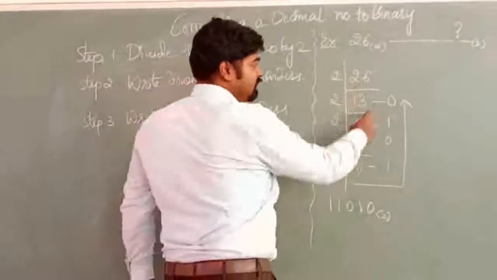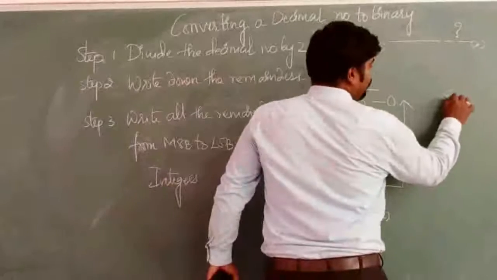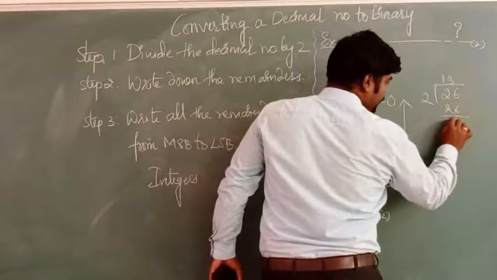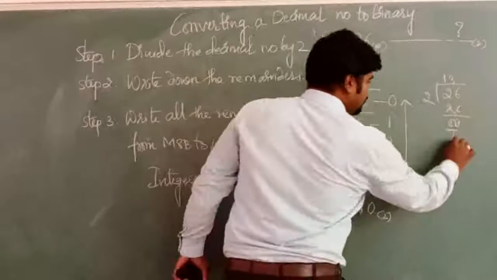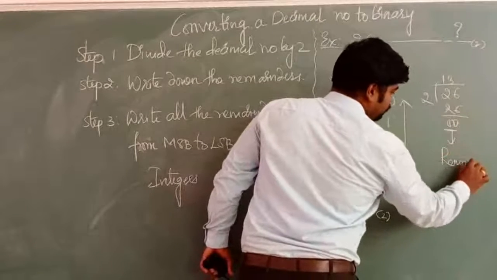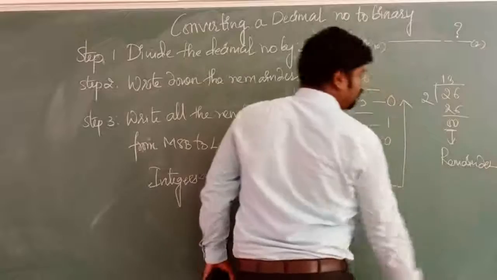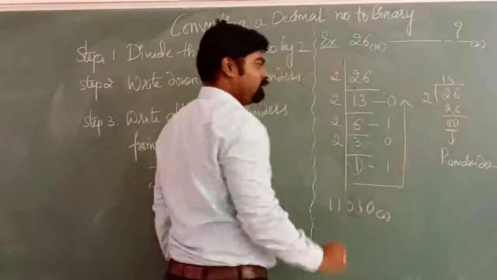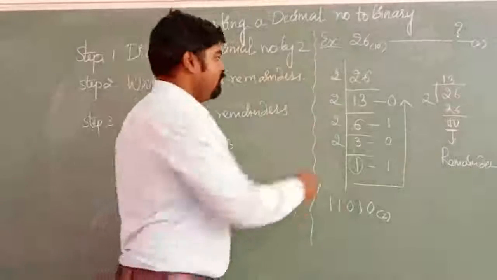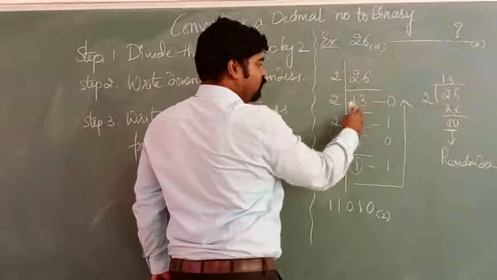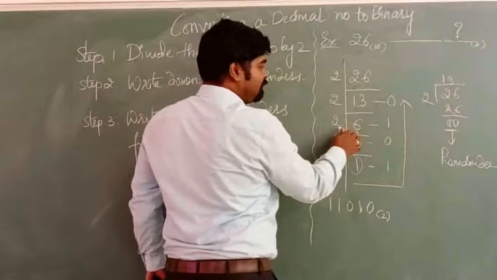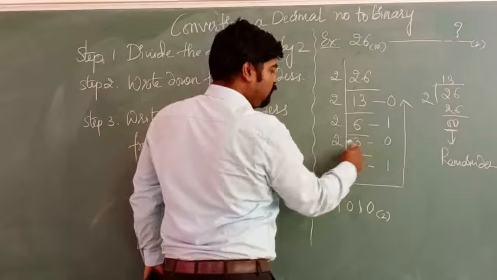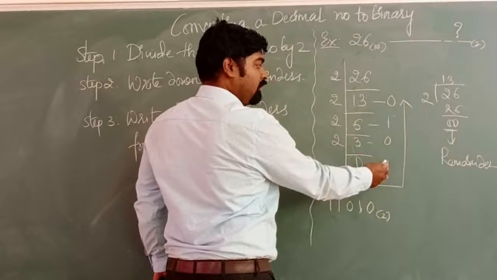Now why have we written 0 here? See, when you divide 26 by 2, 2 13s are 26. What is the remainder you have? This is your remainder, so the remainder is 0. This is your dividend, divisor, quotient and remainder. So you need to write the remainders apart. 2 times 13 is 26, remainder 0, it divides completely. 2 times 6 is 12, 1 is the remainder after division. 2 times 3 is 6, 0. 2 times 1 is 2 and you are left with 1.